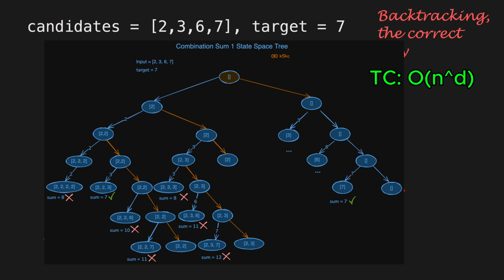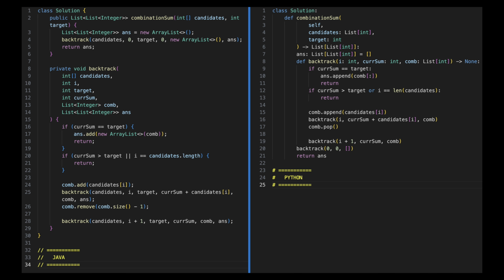And then for each level, we may have at most n branches, where n is the size of the candidates. Hence, the overall time complexity will be O of n to the power of d. Of course, pruning helps reduce the number of paths explored, but does not change the exponential growth, especially in the worst case. And in terms of space complexity, it will be O of d, which is the space required for the recursion call stack. Here is a quick code walkthrough of the algorithm we just talked about, with Java code